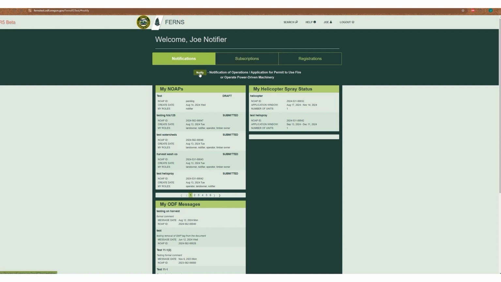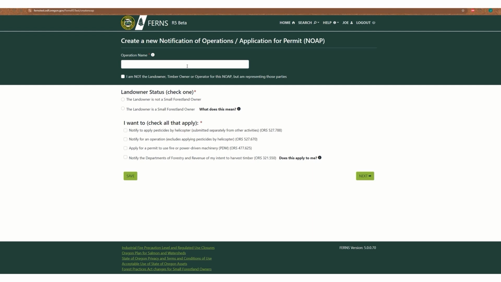The first step you'll do is click the Notify button, and this will bring up a new notification. Here, this remains the same, where you will name the notification, the operation name. The updated part is now every notification that is created needs to identify whether the landowner for this notification is either a small forest landowner or not a small forest landowner. And what this means is a